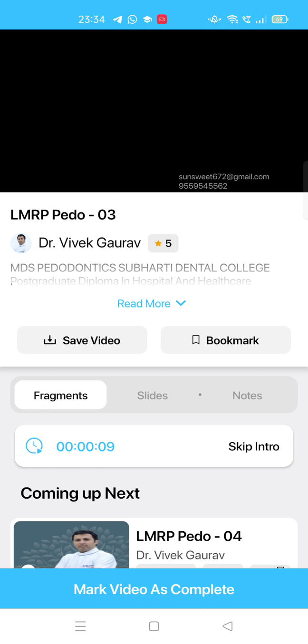When it comes to the extrusive luxation, it is said that if the extrusive luxation in case of primary teeth is less than 3 mm, then one can reposition it back and do the splinting. And remember, the splinting should not exceed a period of 1 to 2 weeks. But if the extent of the extrusive luxation is greater than 3 mm, then one needs to go for the removal of the primary tooth. In case of the permanent teeth, for the extrusive luxation, one should reposition the tooth back into the socket followed by splinting.